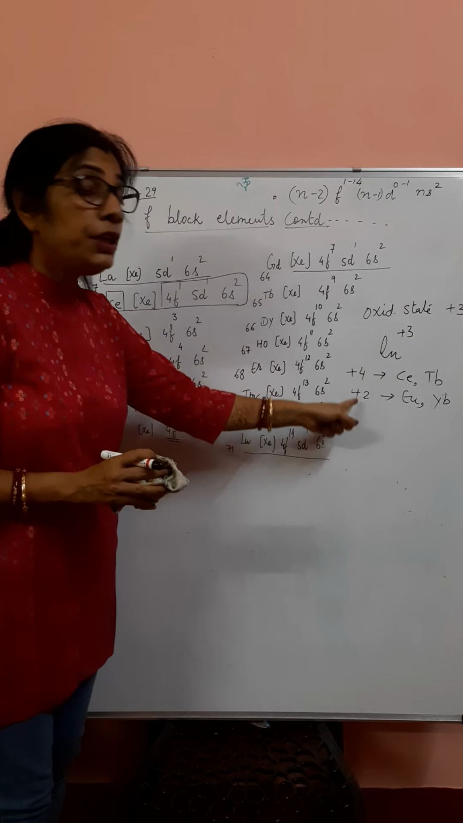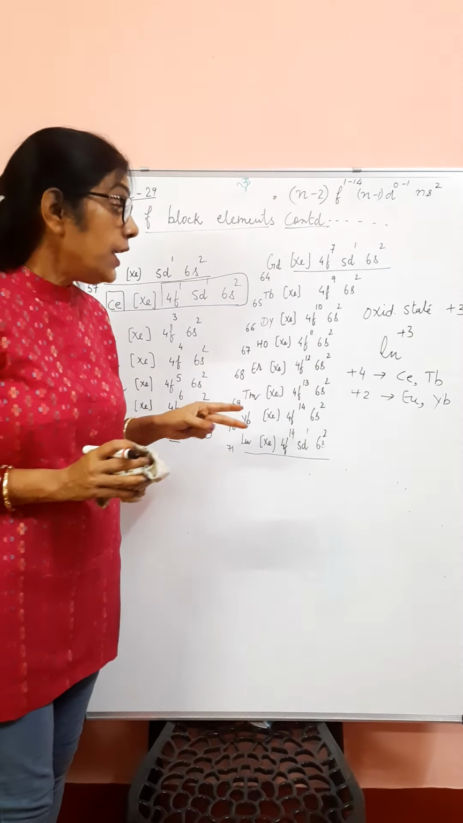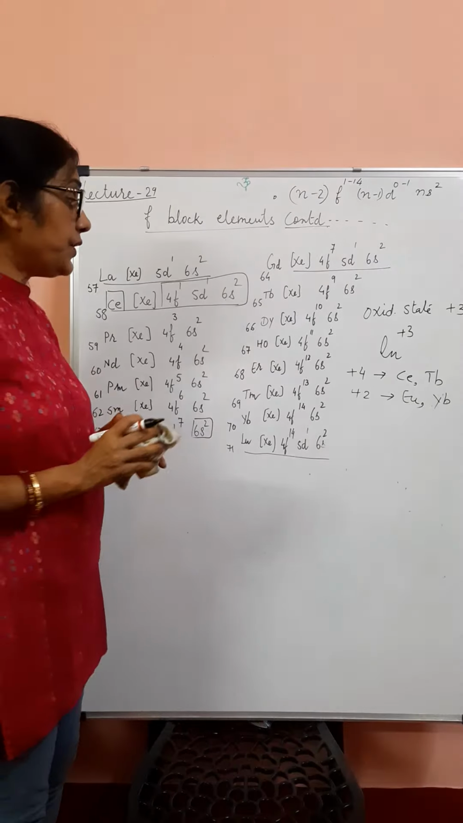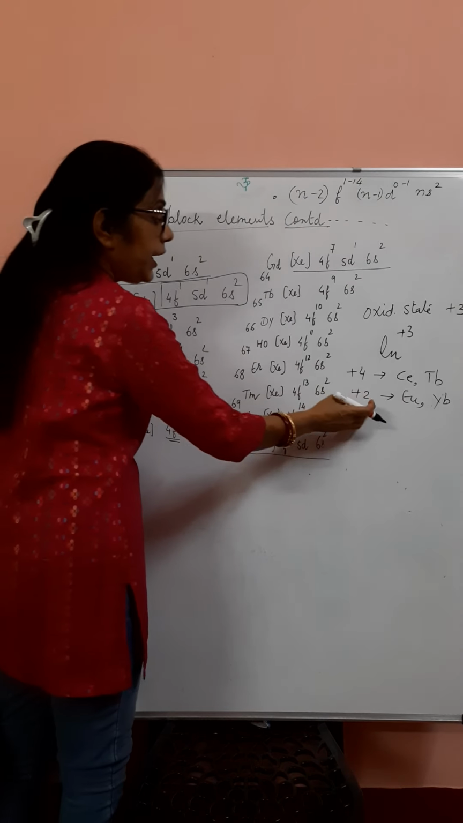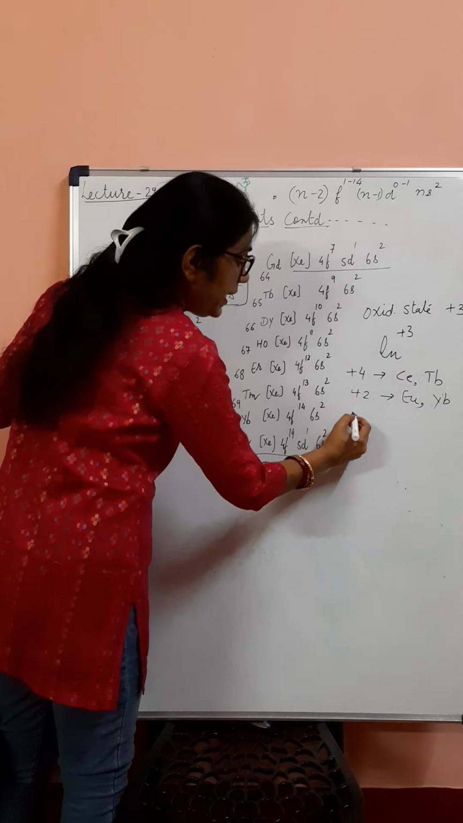These are very, very important for objective type questions: amongst lanthanoids, who can show +2, who is able to show +4 oxidation state, and so on. Okay, so this is about their oxidation state. Now the next is